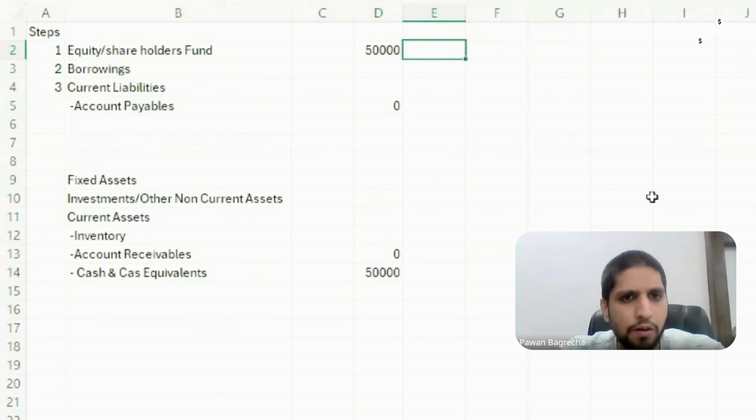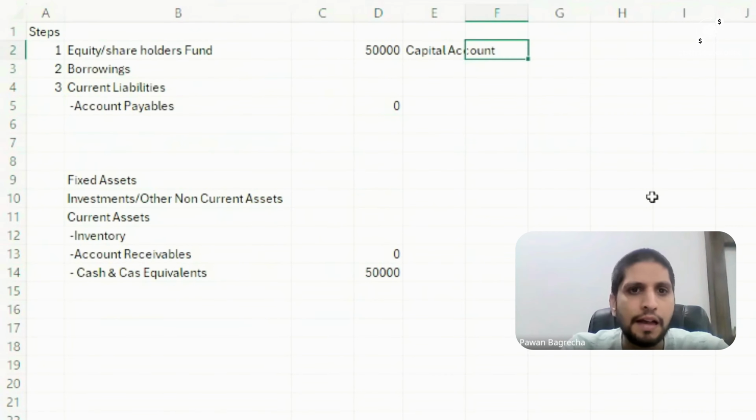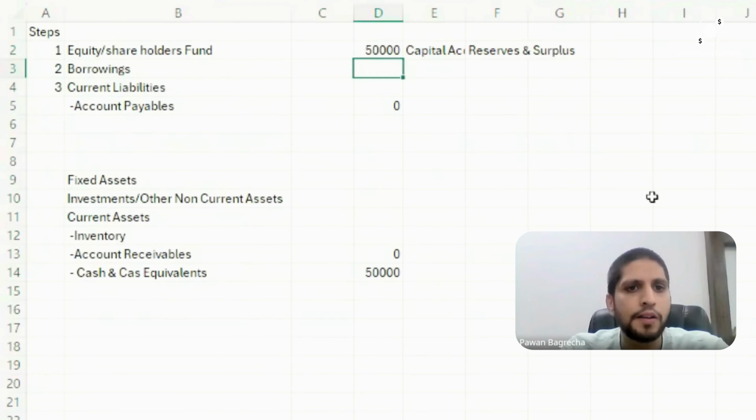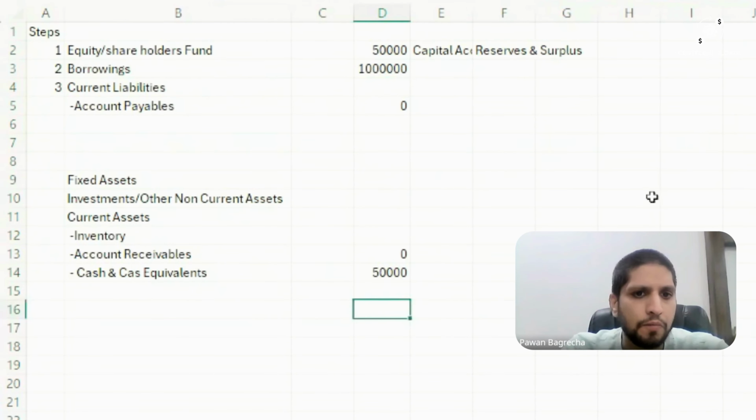So equity shareholders' fund includes the capital account, reserves and surplus. Borrowings are if we have taken any loans or capital. So supposing we have taken a loan of 1 lakh or 10 lakh, then